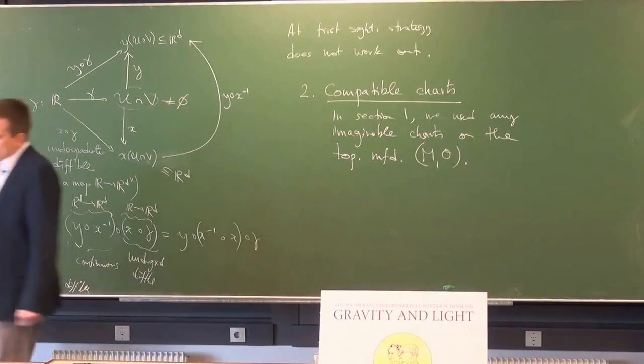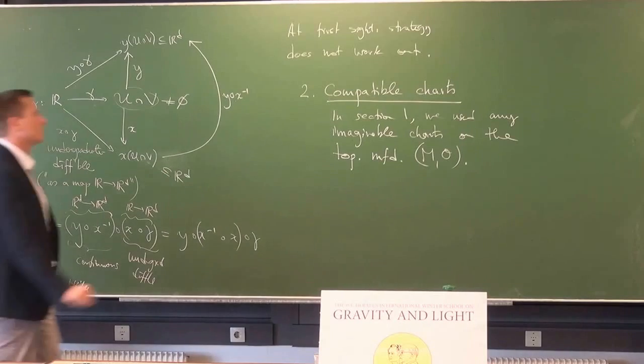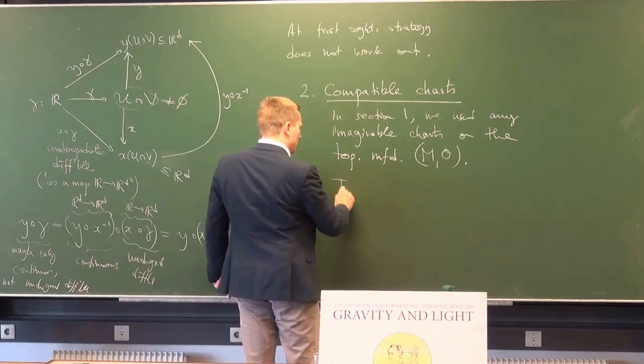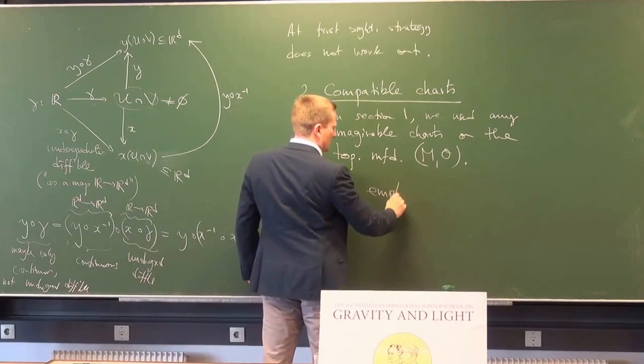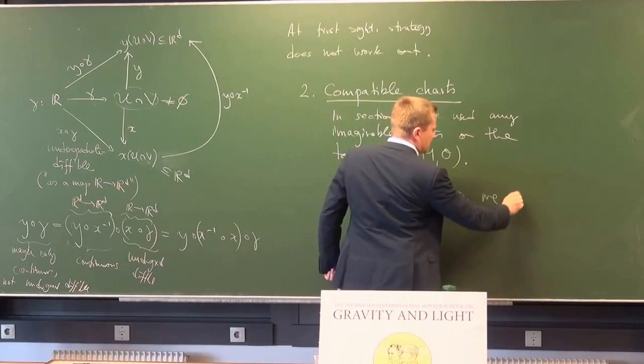And in order to emphasize, I mean, of course, a chart is a chart. In order to emphasize that we took any charts possible, we say the following: to emphasize this, we may say